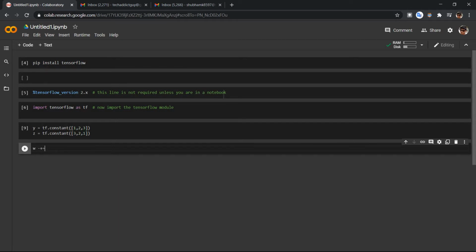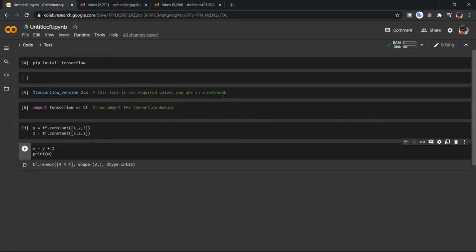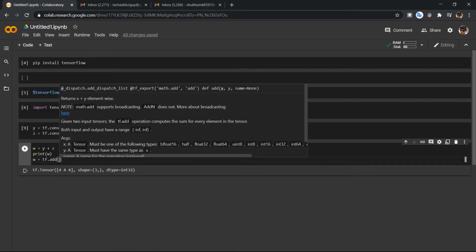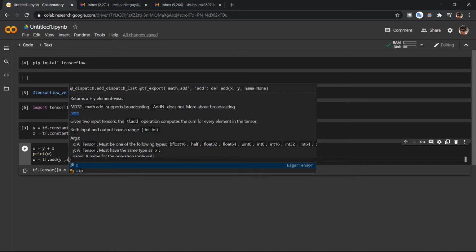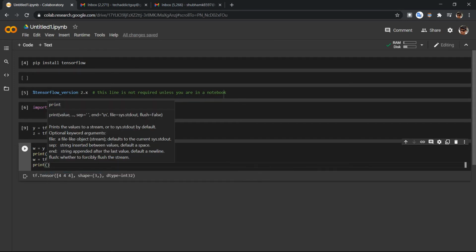The w is equal to y plus z, and let's print w. And this is how they add the first element with first, second with second, third with third. And the second way is w is equal to tf.add, and which two elements you want to add, y comma z. And let's print w again,